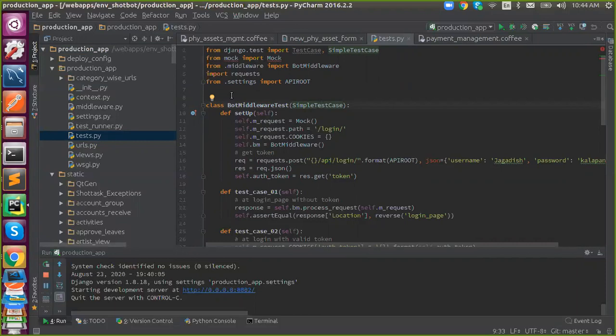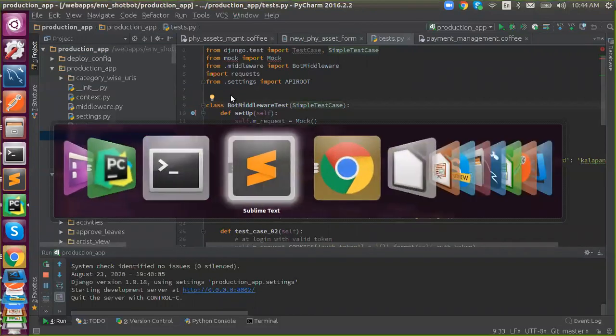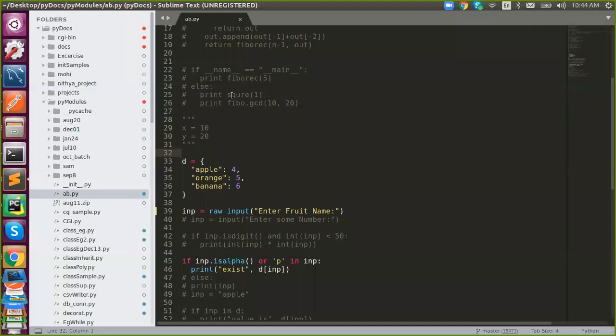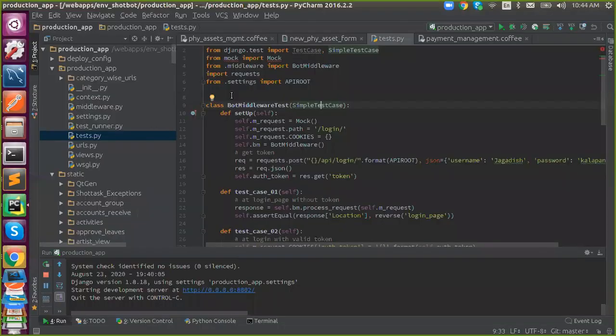That's why PyCharm contains everything together. Sublime contains only a few features, and whatever we need, we expand it by installing with the help of Control Shift P. By default it won't contain anything, and if you want anything we keep expanding it. But in PyCharm it is there by default. We don't need to install it manually.